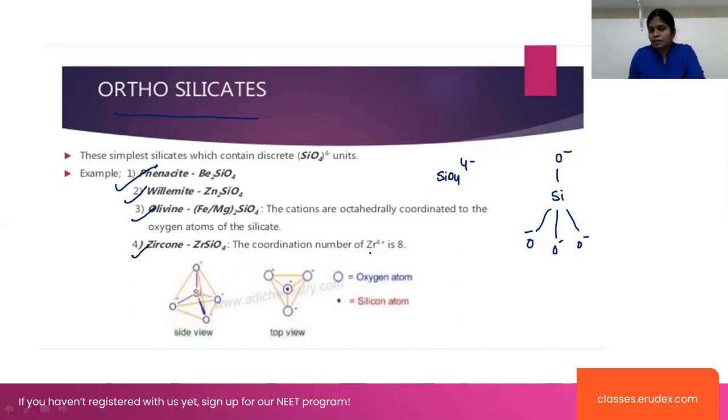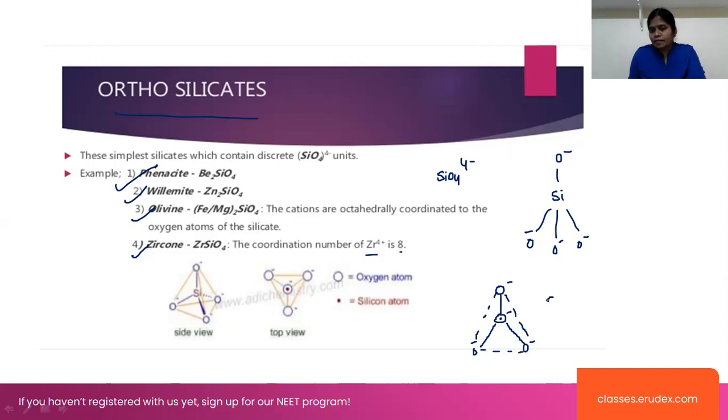The coordination number of the Zr4+ is 8 here. So look at, in this case, we are writing the top view representation. I told you that for the top view representation, we take the complete circle as the oxygen, and we have to take the complete circle as the oxygen under the dotted, right? So look at here, this is the oxygen minus, this is the oxygen minus. This is the top view representation here.